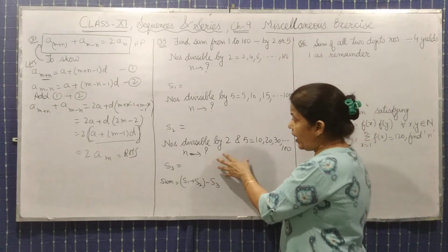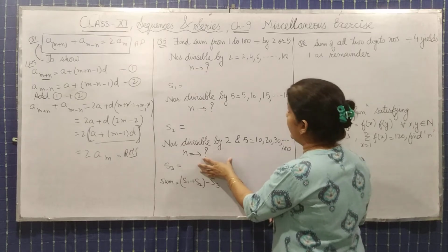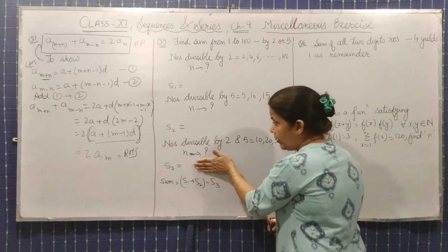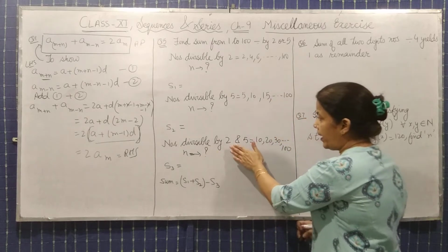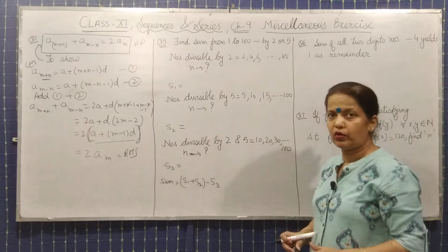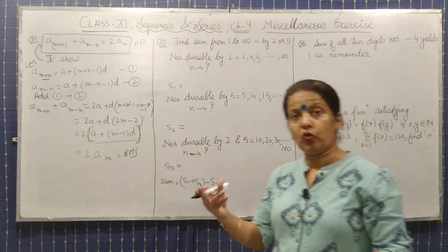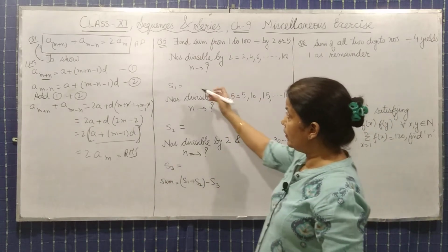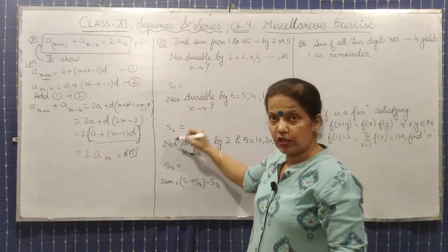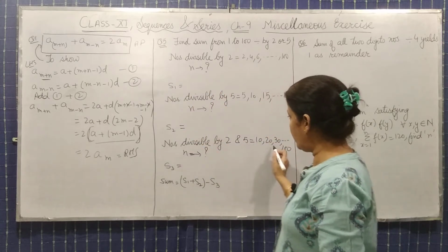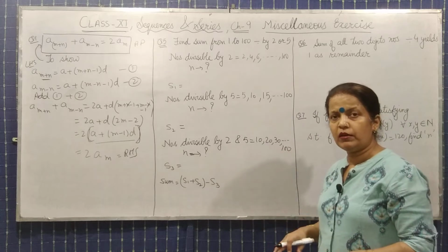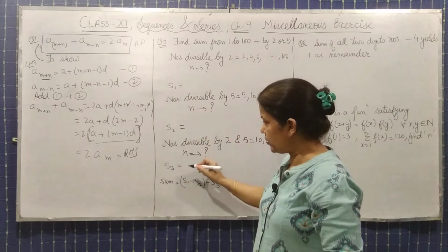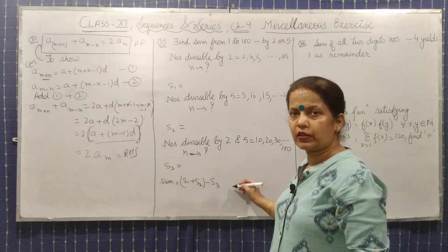अब यहाँ पे आपके कुछ नंबर आ गए, उसका सम जो आ गया वो कुछ सम आपका आएगा, और 5 से भी डिवाइड हो रहा है. आपको 2 और 5 निकालना है. So what should be the sum? इन दोनों के आंसर को प्लस कीजिए and whatever be the common term, that you will subtract it. So S1 plus S2 and subtract S3.